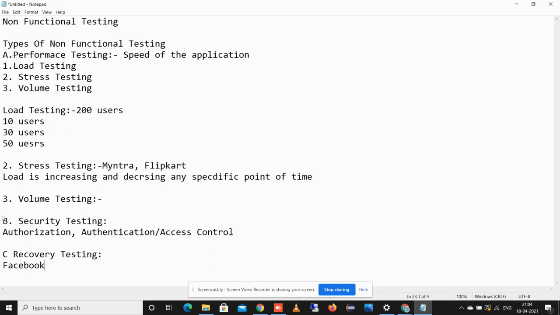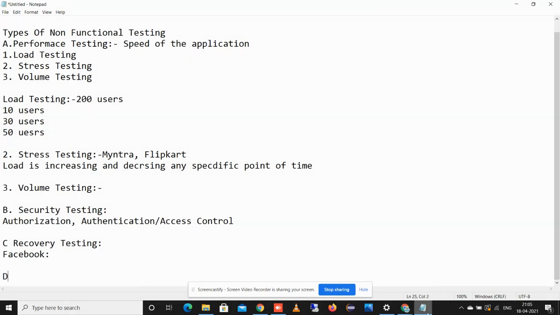When we open the Facebook account again, those details are in the draft folder. This is an example of recovery testing, where the application goes from an abnormal state back to the normal state, and it still contains the data which we entered. That comes under the recovery testing.